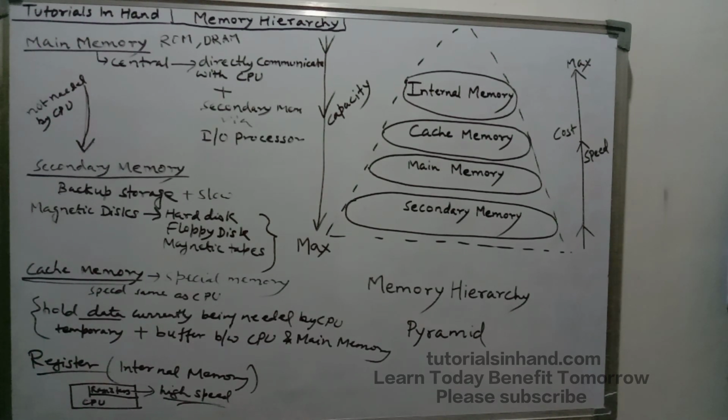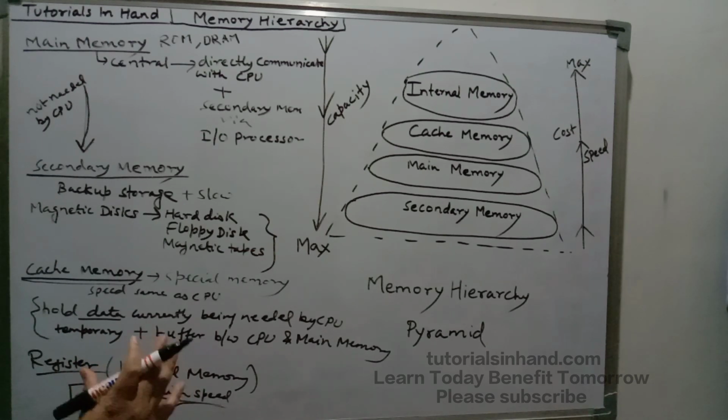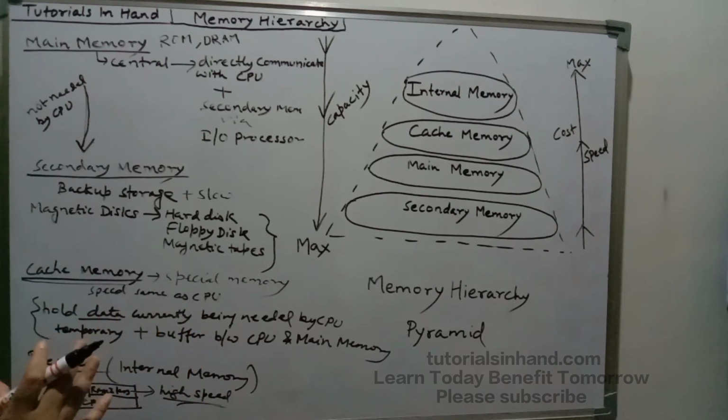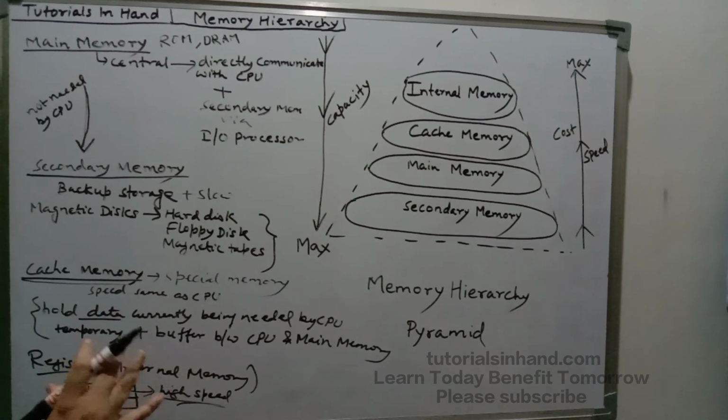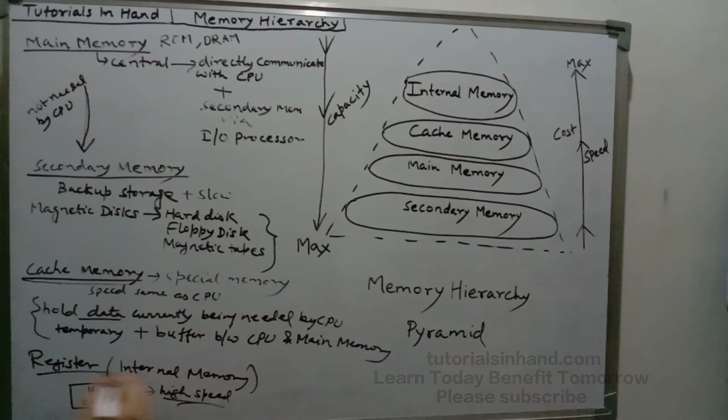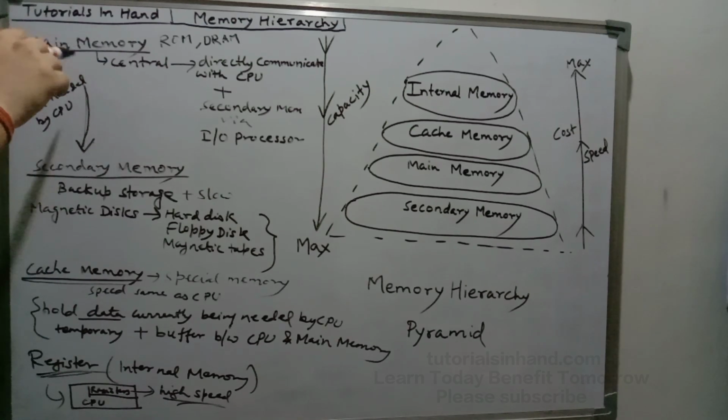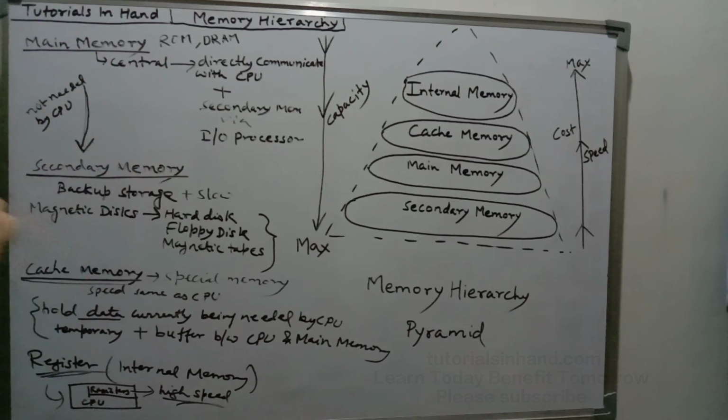Now internal memory is a high speed register which is used inside the CPU, as I told. And these registers hold temporary results when a computation is in progress. So there is no disparity between a CPU and this register. Why? Because they are fabricated almost with the same technology. That is why registers are faster, and it makes a CPU also faster, and thus cache memory is needed to make sure that main memory does not lag behind and it starts providing data and instruction at the same pace.